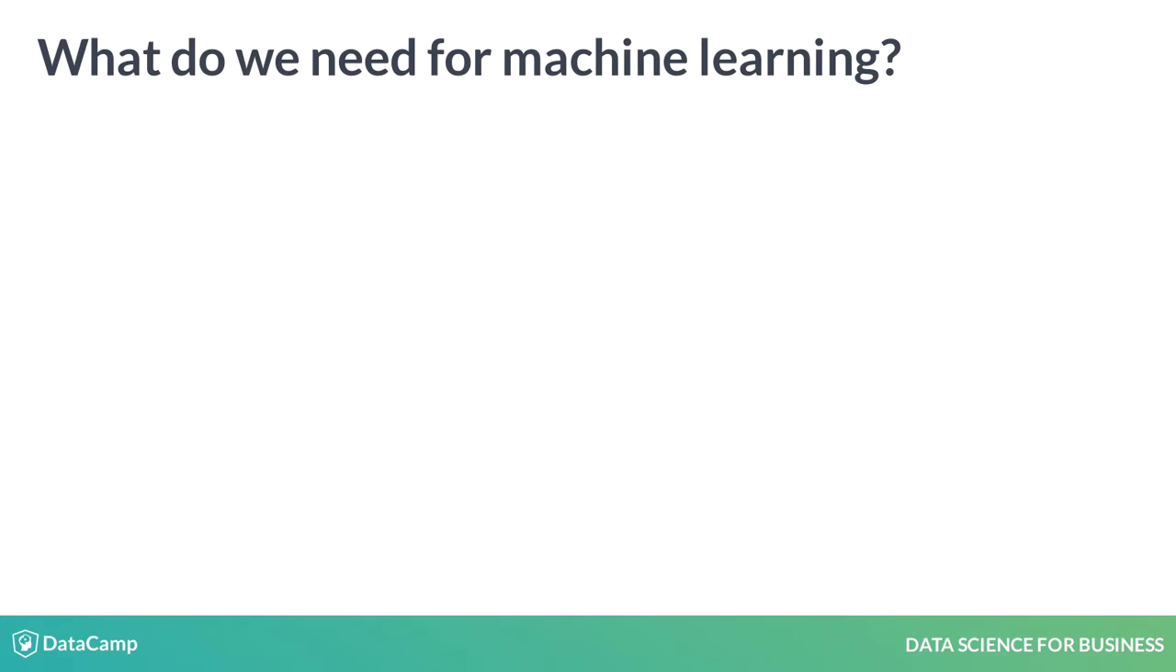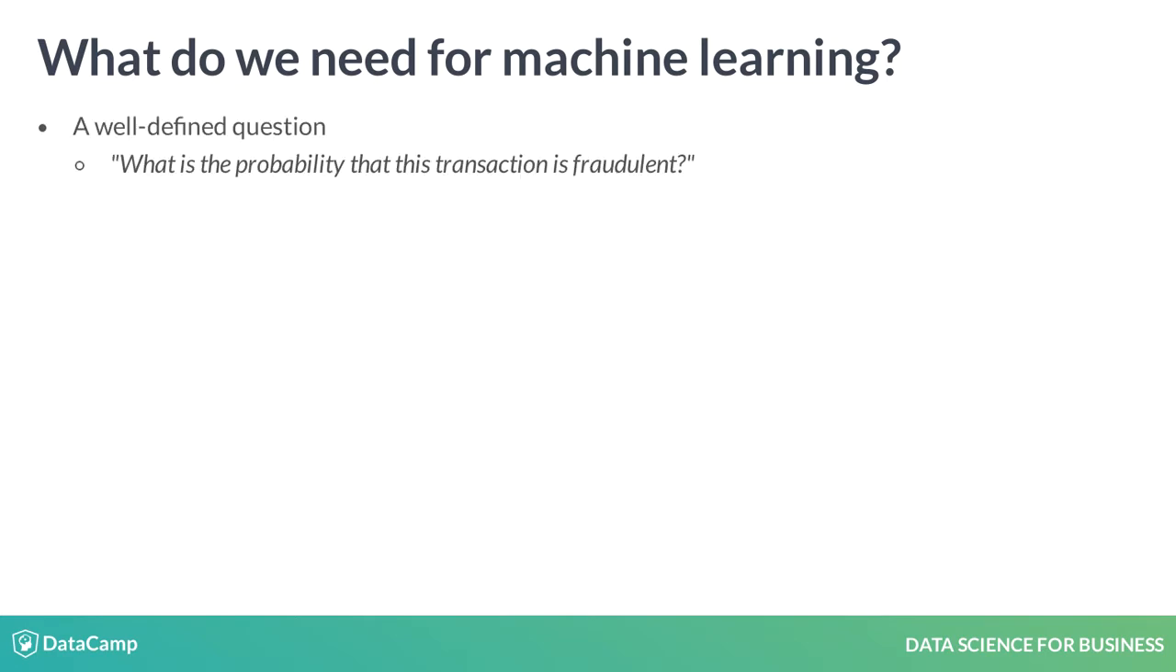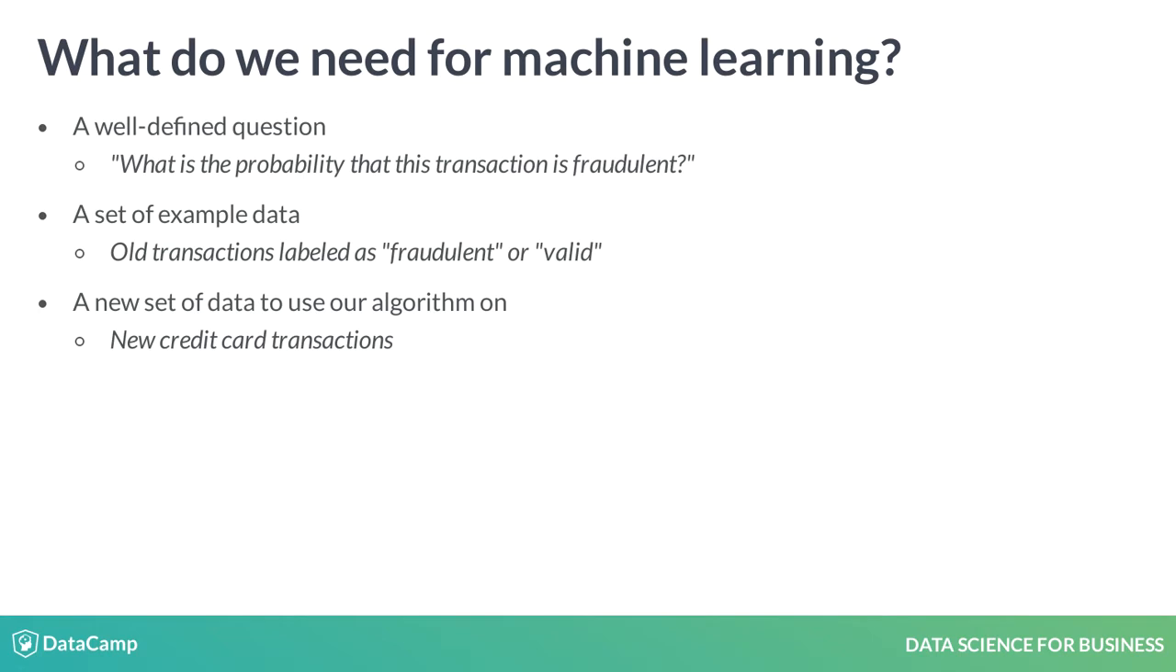First, a data science problem begins with a well-defined question. Our question was, what is the probability that this transaction is fraudulent? Next, we need some data to analyze. We had months of old credit card transactions and associated metadata that had already been identified as either fraudulent or valid. Finally, we need additional data every time we want to make a new prediction. We needed to have the same type of information on every new purchase so that we could label it as